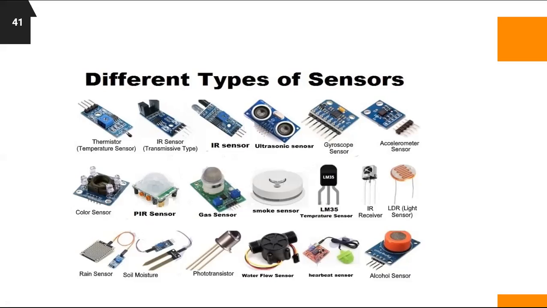You might have learned it in your electronics subject. Then we have this water flow sensor, which can be fixed into your water tap to analyze the data that passes through your pipe at various intervals. Then you have this heartbeat sensor, which calculates your heartbeat. Then this sensor is mostly not liked by the male guys. It detects the amount of alcohol inside your body. So mostly these boy students don't like this sensor.